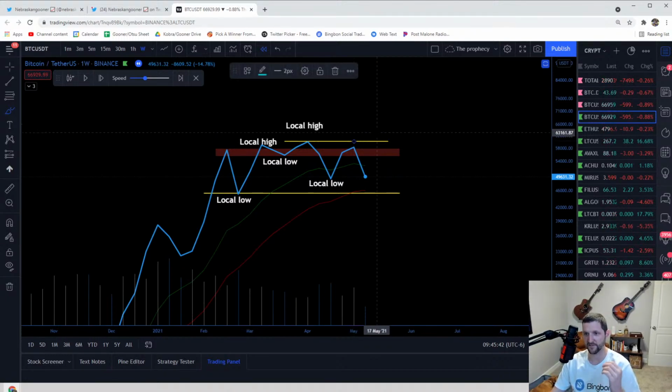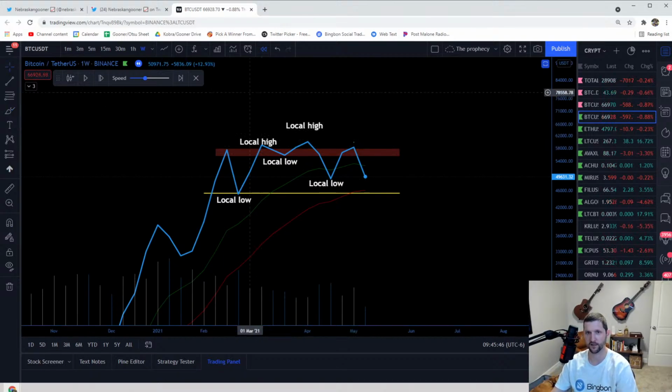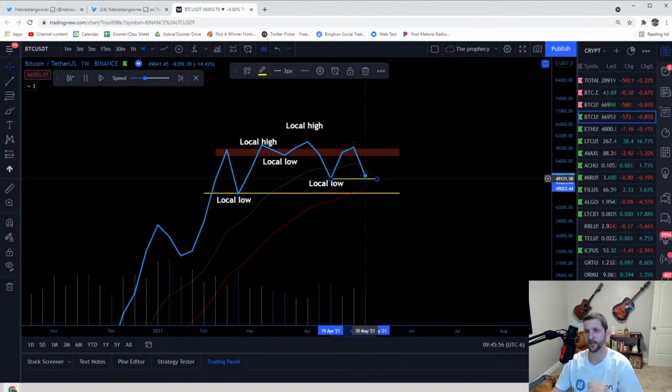Here, I have now potentially broken bullish structure, all right? And now I'm being cautious. So we keep playing, and now this is our local low. So this becomes a very important level, right? Because we don't want to make a local low, because we will have confirmed higher or lower high and lower